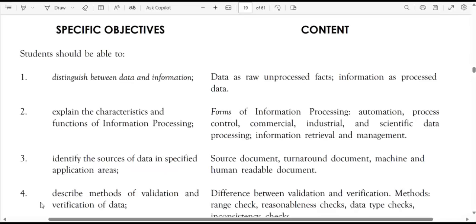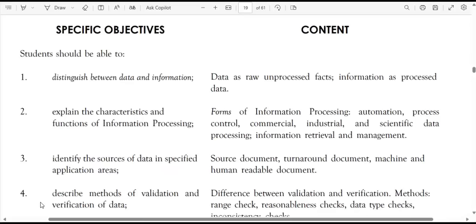Now, let us look at the forms of information processing. The first one is automation, and this is just using machines or computers to perform tasks automatically without human intervention. Process control,